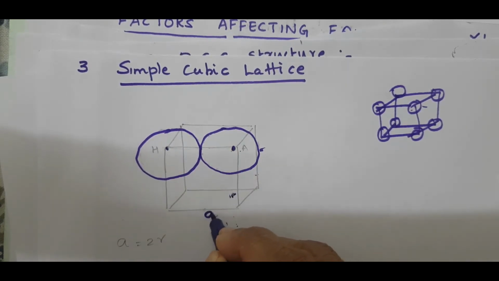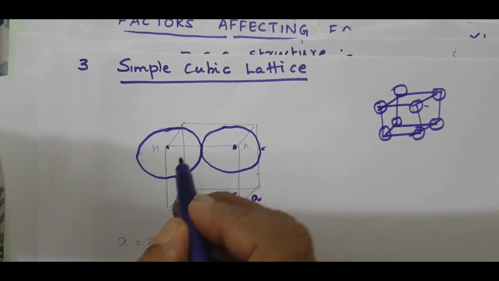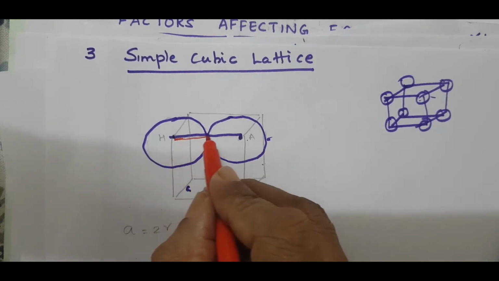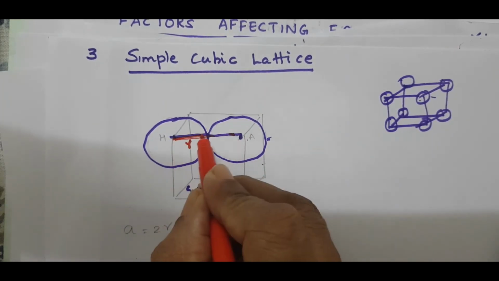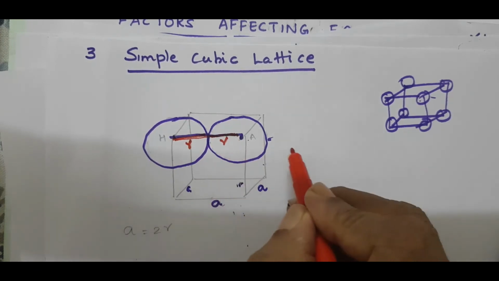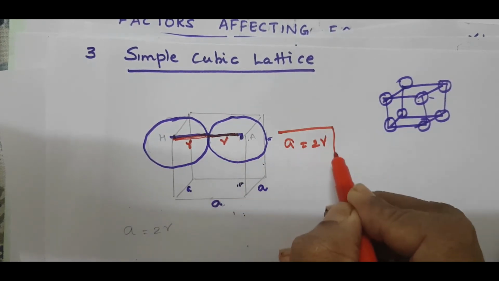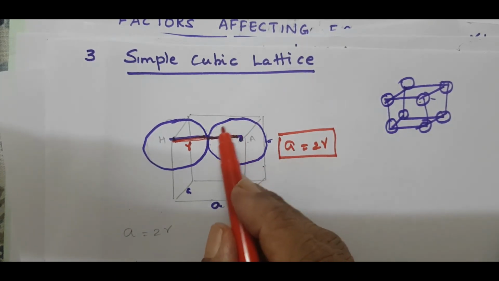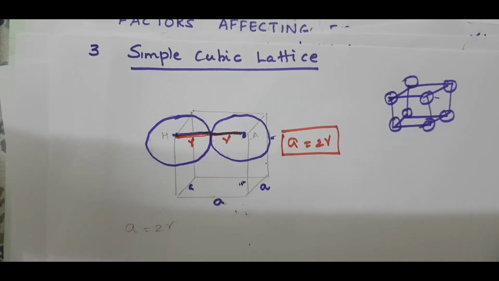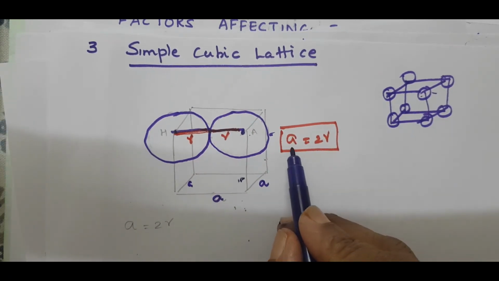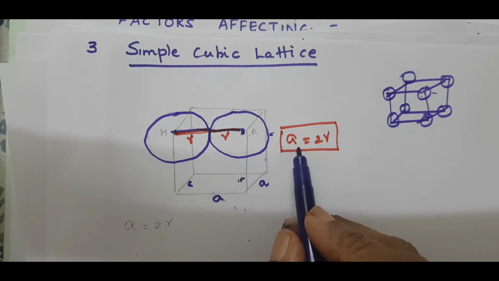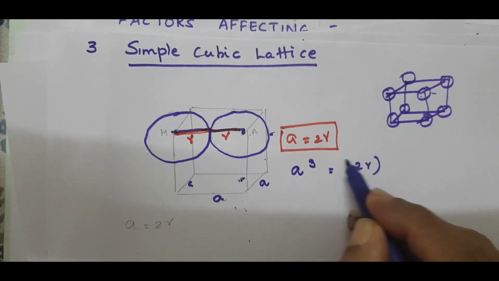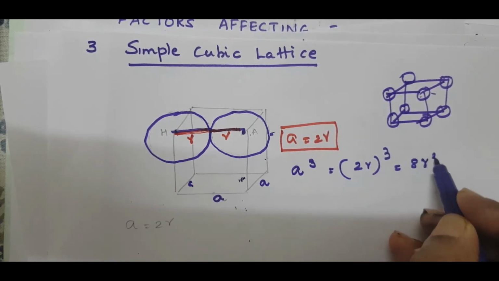And you know the edge length is always the same, A. See, this is also A, correct? This is the edge length, so this is A. This is R of a sphere radius, this is again R. So I can write A is equal to 2R, because there are only corners of a cube. Clear? So here we have got A. Then it is very easy. What is the volume? Volume is A cube. So volume A cube is equal to 2R the whole cube, that is equal to 8R cube.